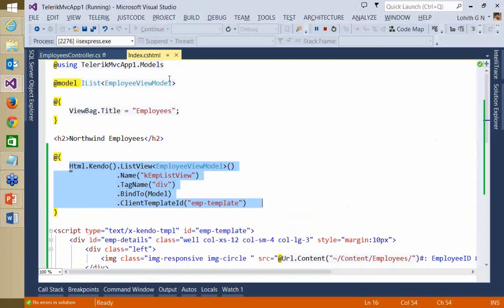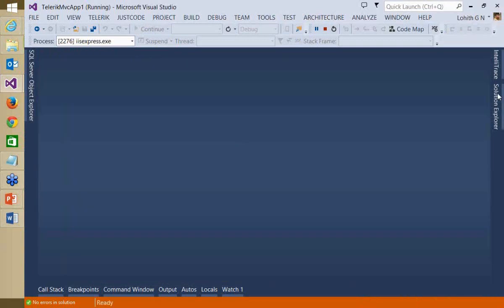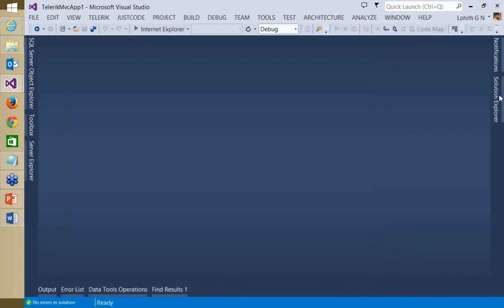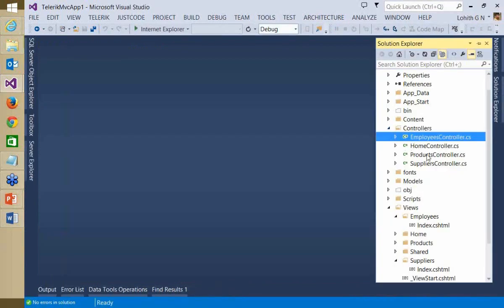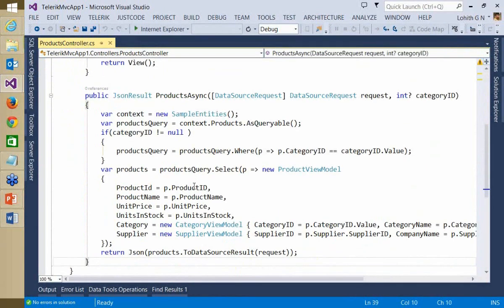Now let me get to an interesting demo. I'm going to show all the products that are there in my database. Let me stop it. I'm going to use a products controller. As you can see here, in the interest of time, all I've done is I've already created a couple of backend pieces of code. The major coding is, I want this products async action method to be a JSON based call,